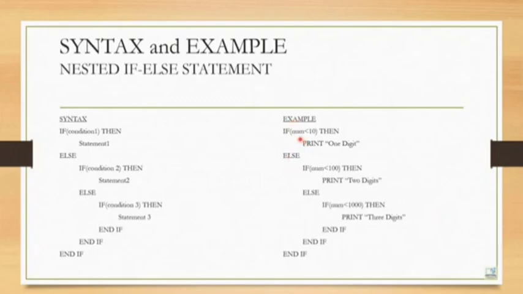If the first condition is false, then it will go to the else part, and inside the else part we have another condition. Now if the second condition is true, then it will print two digits, correct? And if that condition is also false, then it goes to the third condition, third part, else part. Okay, there we have another condition. If that is true, then it will print three digits. So any program that you can write in if-else-if statement, you can also write in nested if-else statement. So it is up to you which one you want to use.